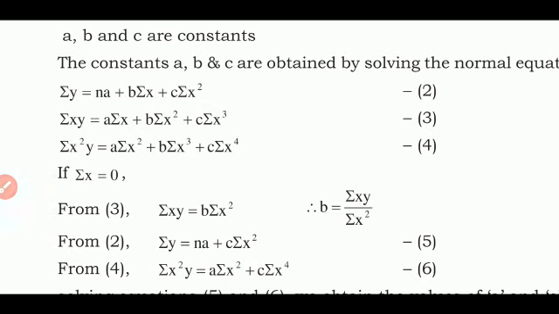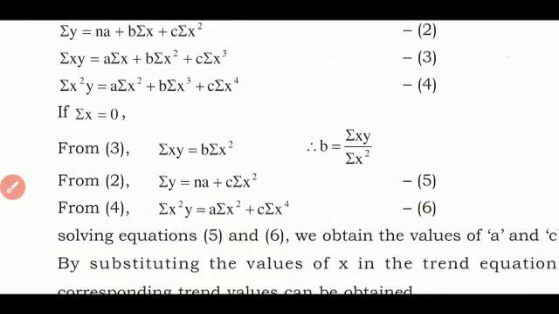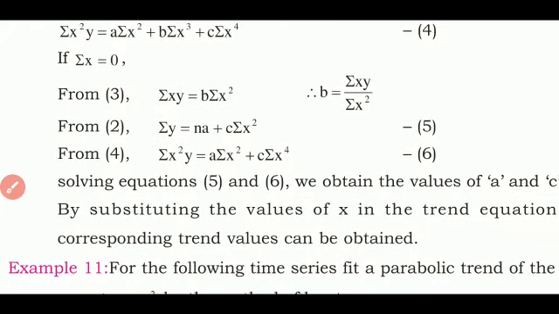If you look closely at how all these three are interrelated, you can easily write the normal equations, not at all difficult. Now the same condition applies here. The main basic concept here for the normal equation is to obtain the value of the constants a, b and c. Once you get the values of a, b and c, then automatically you have the values of x and you have the values of y in the question. So then you substitute and you come to the conclusion. So the main task here is to find the constants a, b and c.